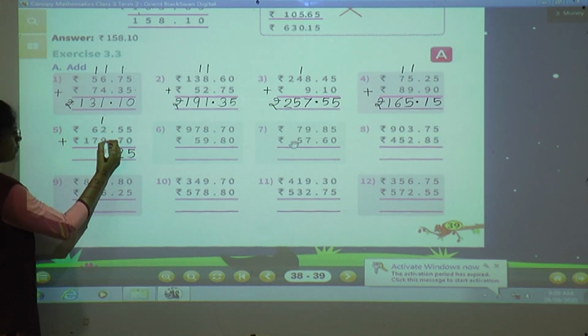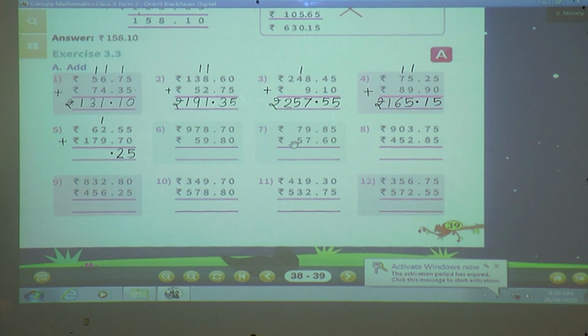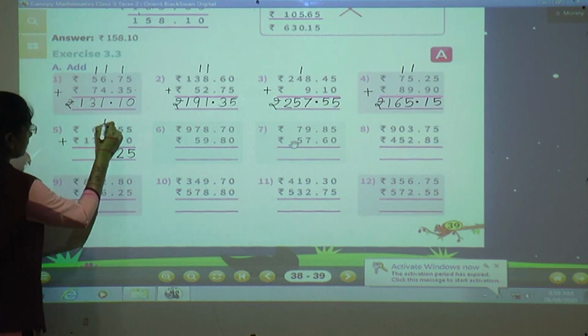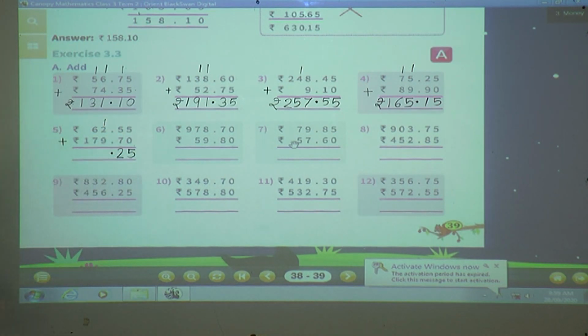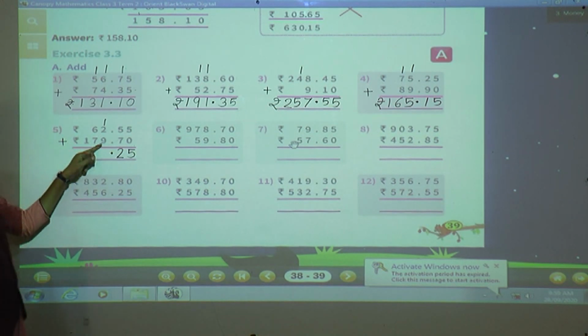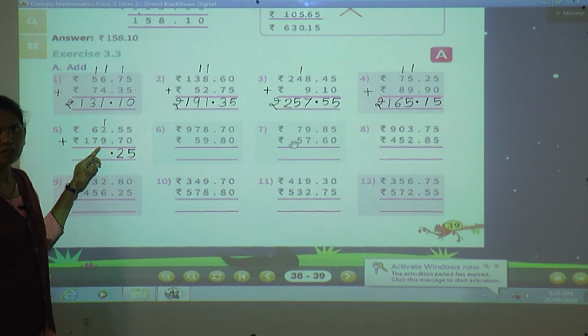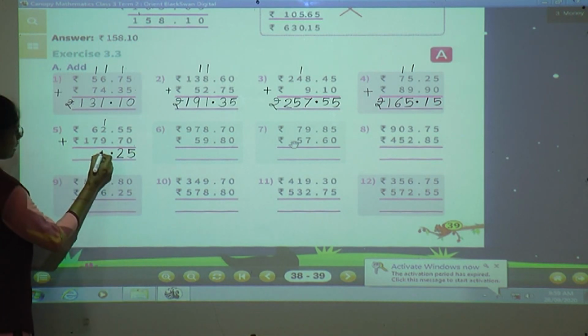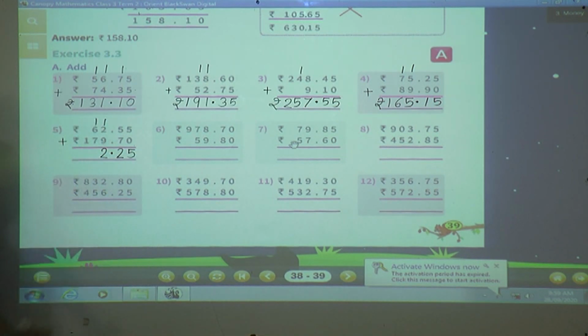Here 1 plus 2 plus 9 we have to do. So first do 1 plus 2, 3. Okay, then 3 plus 9. After 3 you have to count your 9 fingers. So 3 plus 9, 12. Correct. So we'll write here 2 and 1 as a carry to the next place. Then 1 plus 6, 7. 7 plus 7, yes, 14.